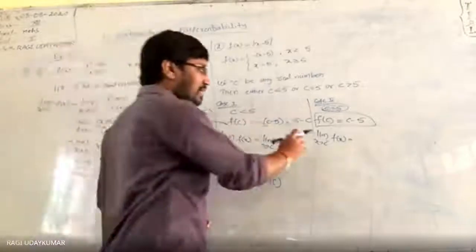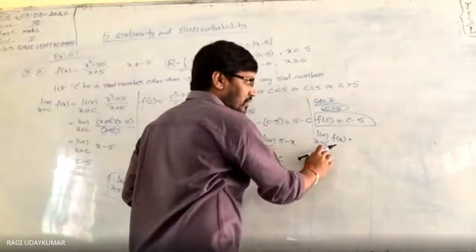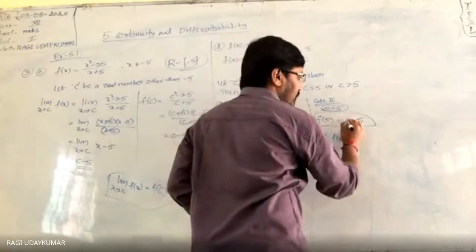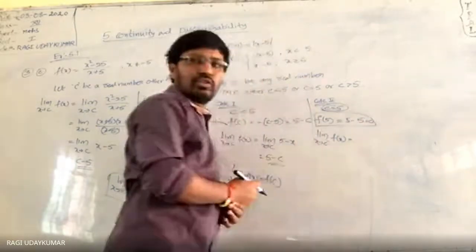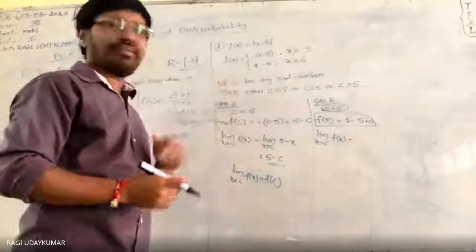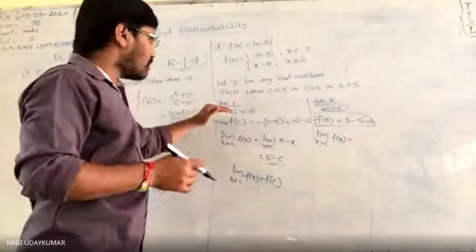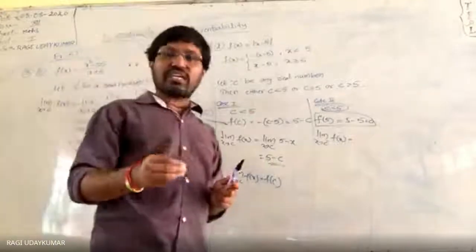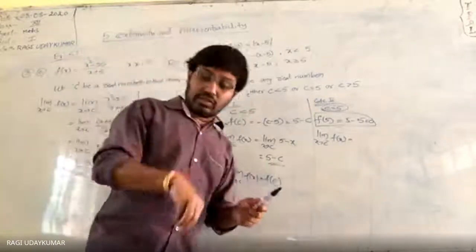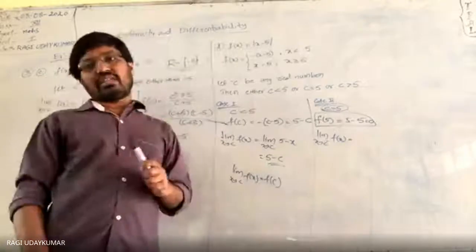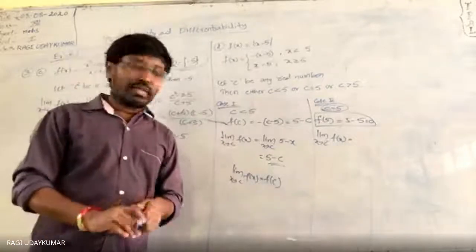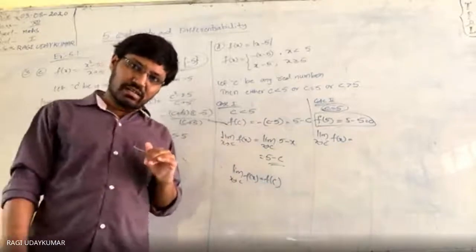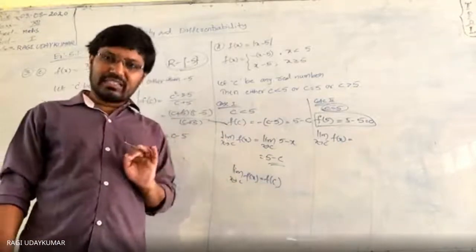So here this is the c value, 5. So 5 you can take directly. What do you get here? 0. c is exactly 5 that you are taking now. Here, less than 5 means maybe 2, 3, 0, or even -10. But if you take it here, sir, why don't you take the left hand limit and right hand limit.